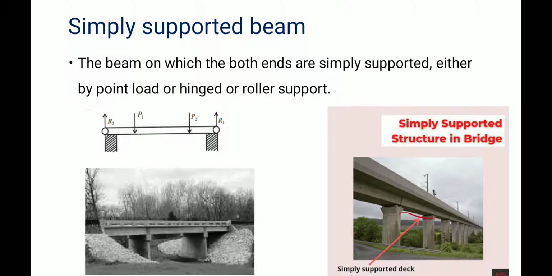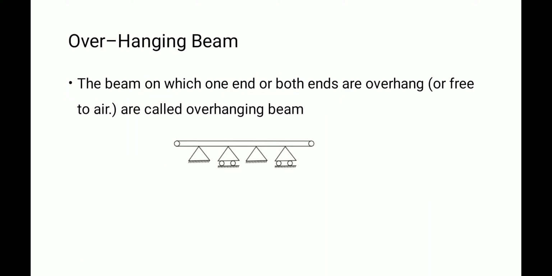This is simply supported beam, supported at the ends. It is the horizontal member, supported at the end. So at the end only reaction will be there. It is having reactions only in the vertical direction, reaction 1 and reaction 2. So bridges are the example for simply supported beam. The beam which is supported at the two ends means it is simply supported.